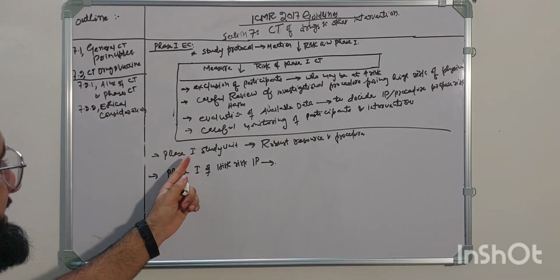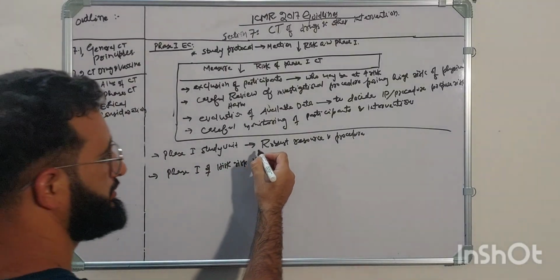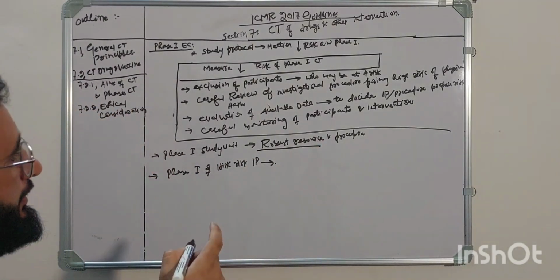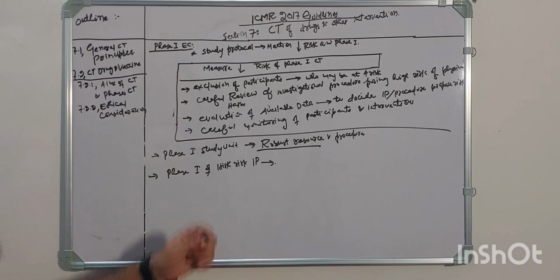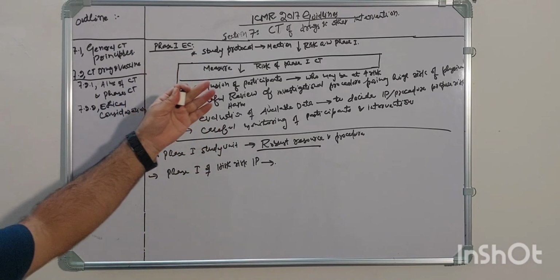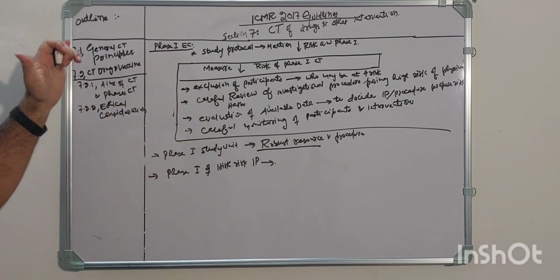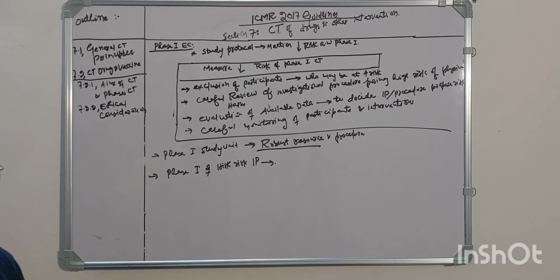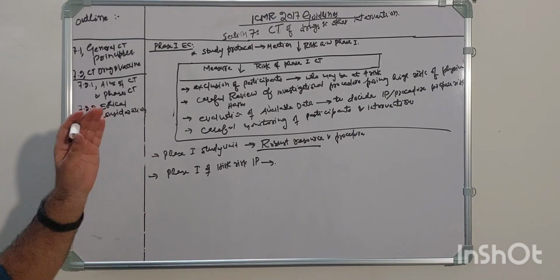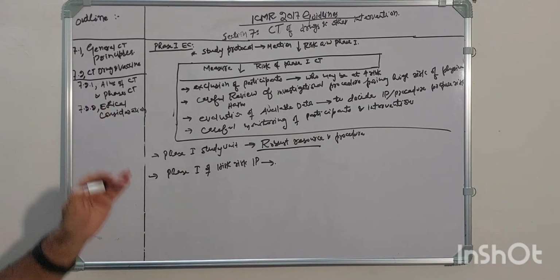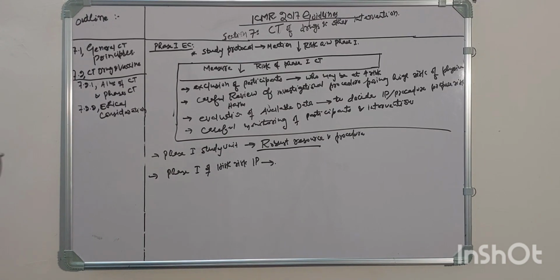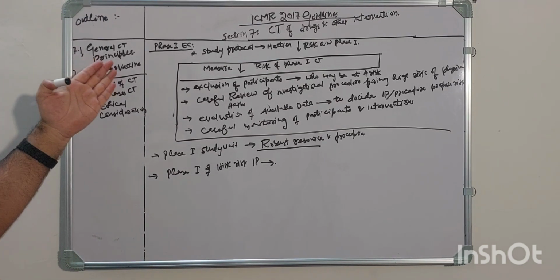So phase 1 study unit, it should be robust. First, if you look here at the outline, the reason I'm focusing on it is so that you can remember it in a chronological way. So first we have discussed general